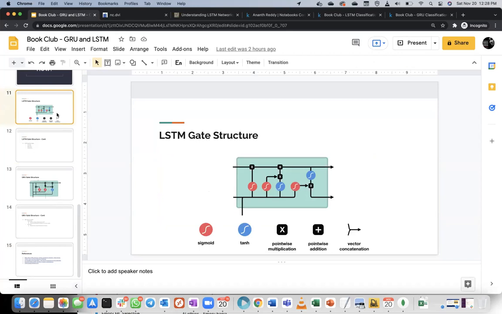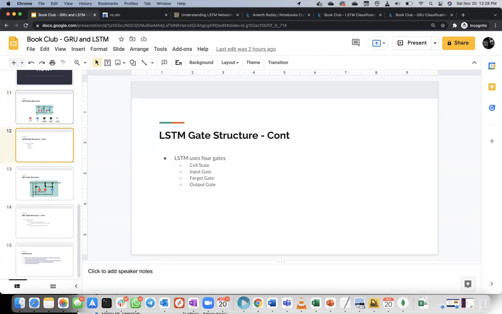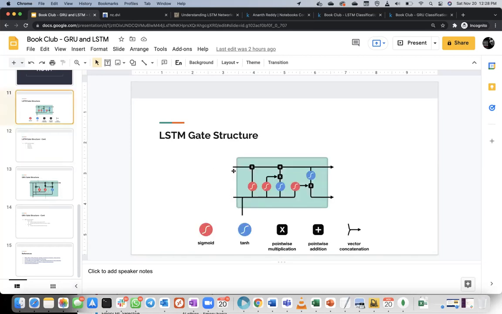So that is the internal gate mechanisms of LSTMs and how they learn, how they forget, and how they propagate the information. So these are the four gates. This small thing is a forget gate. This information highway is the cell state. These two are the input gates, because we're getting the inputs, squishing them and giving them to the cell state. And this is the output gate. So these are the four gate mechanisms that operate a single LSTM cell.